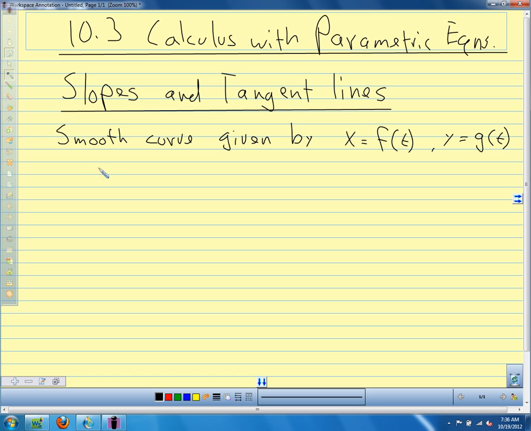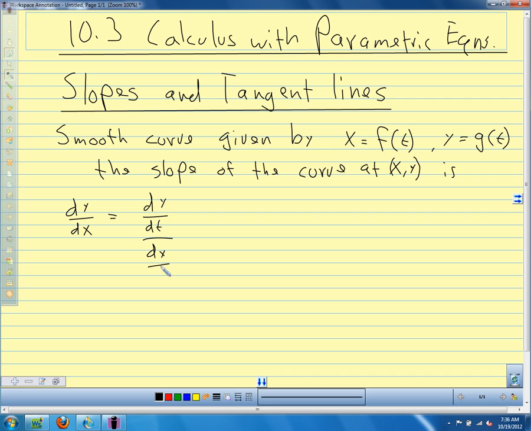The slope of our curve at some point (x, y) is dy/dx, and we can say that is dy/dt divided by dx/dt,